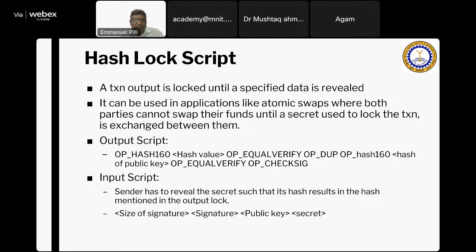So there is an operation HASH160, then a hash value is there, and you check whether it is equivalent using EQUALVERIFY, or the duplicate value of that HASH160, and then you get the hash of the public key, and finally verify whether there is a signature which is equivalent to what is being generated. Then it is 1. If it is not equal, then it is not 1. So in the input script, the sender has to reveal the secret such that its hash results in the hash mentioned in the output lock. So you see the size of the script, you send the signature, you send the public key, and script till